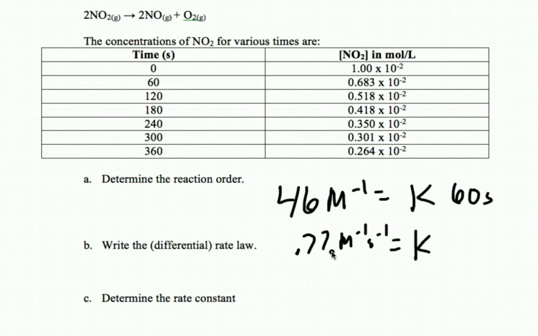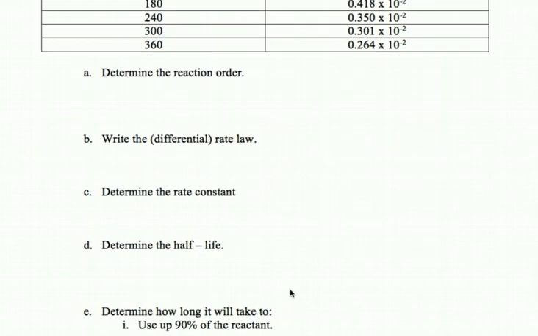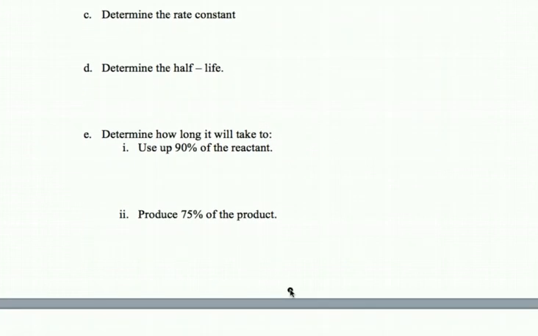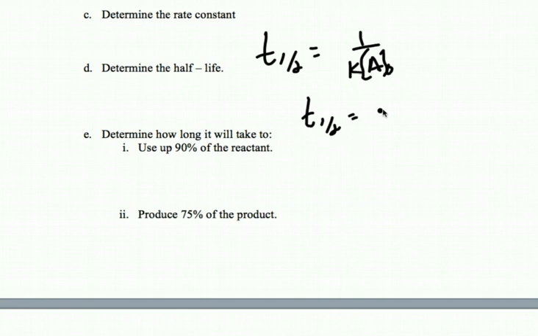Now the half-life problem. If you look at the half-life equation that I gave you on the last sheet, you can figure out the half-life now. So determine the half-life. I know you won't have this on your green sheet, but we're going to solve a problem next. You're like, how is this helpful if I don't have this equation? Well, you can use it on any of these problems to start with at least. But t1/2 is equal to 1 over k, which we can see is 0.77